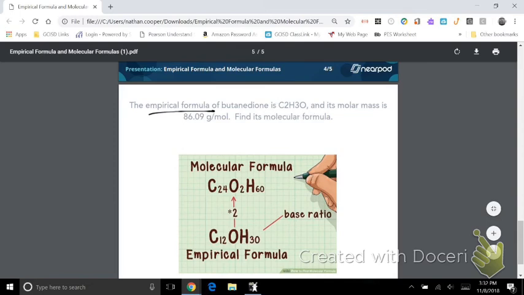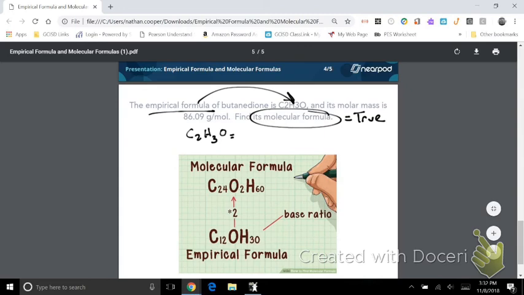So the question tells us that we have an empirical formula of C2H3O. I can't get any simpler than that. That is as simple as it is. I want to know its molecular formula. When I see molecular, it means true, its actual formula. It's going to possibly have a larger mass. So here's how it works. First thing I do is find the molar mass of C2H3O. Add up all the molar masses of those elements. And I get the molar mass of my empirical formula, the simplest formula you can write for this substance, and that is,